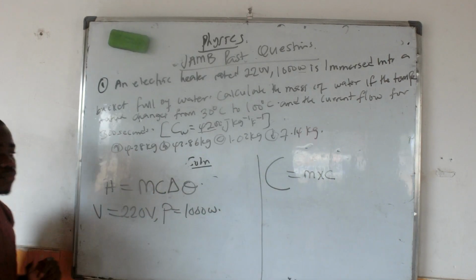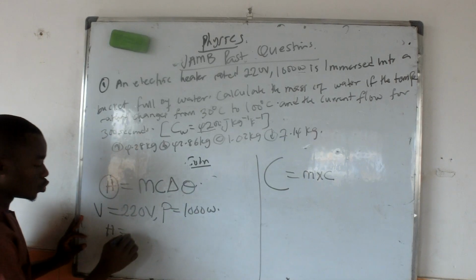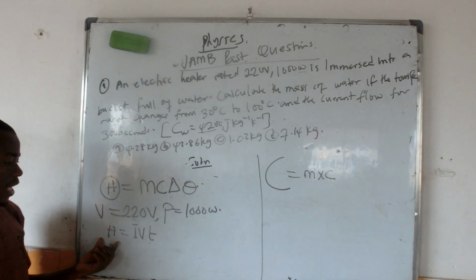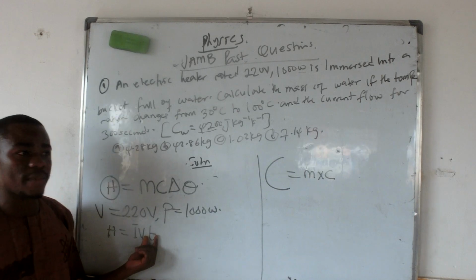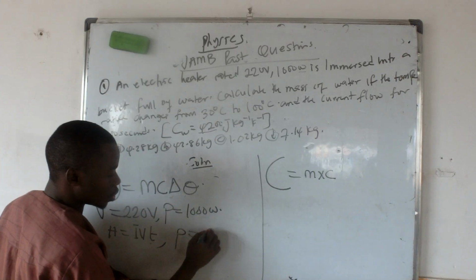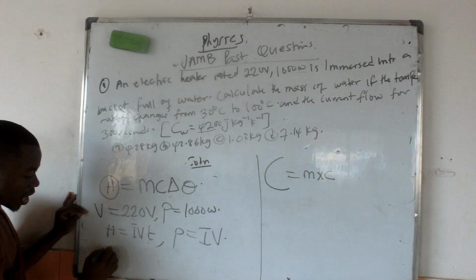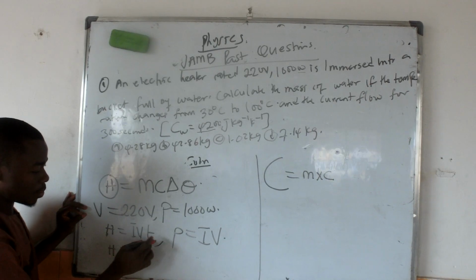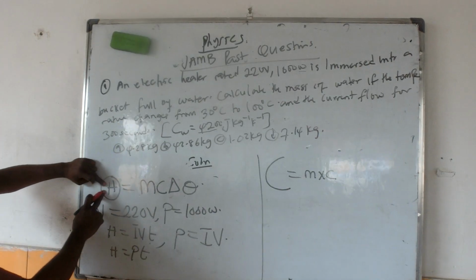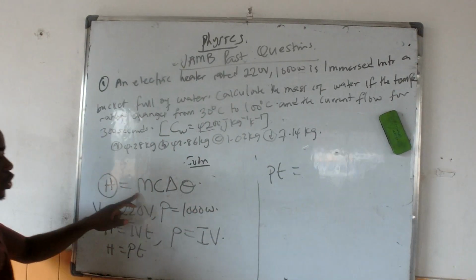Now normally this heat is equal to IVT. I mean the quantity of heat is also equal to current multiplied by voltage, multiplied by time. And normally your power is also equal to current multiplied by voltage. At the time you substitute this power here, you have heat equal to IV, which is P, multiplied by T. That means your heat is still the same thing as P times T. So if you come here and substitute for your heat, you have PT, which is equal to